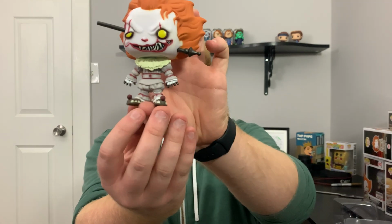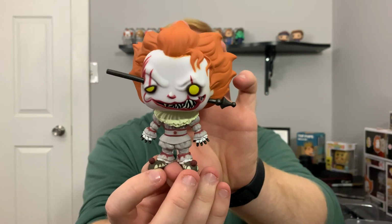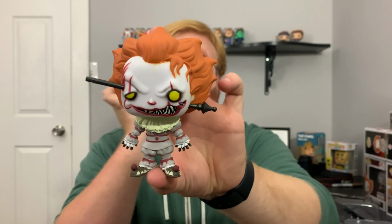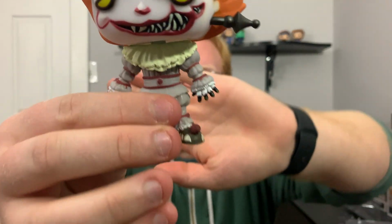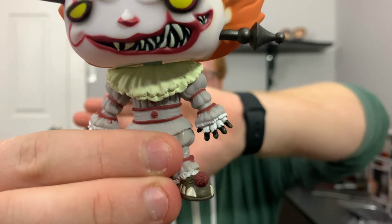So here is Pennywise with wrought iron. Now I think this one just looks super creepy. I love the expression he has on his face. I also enjoy the detail of the wrought iron going in one side and coming out the other. And for all of you horror fans that know it really well, you can also see that he does have werewolf paws as his hands, because in the book he actually turns partially into a werewolf, which is one